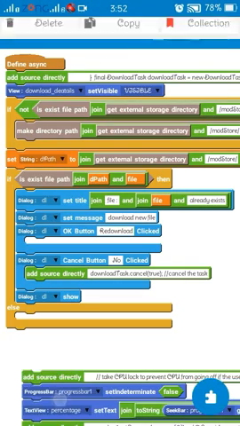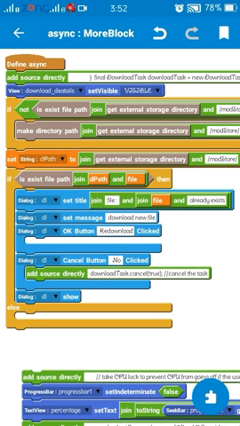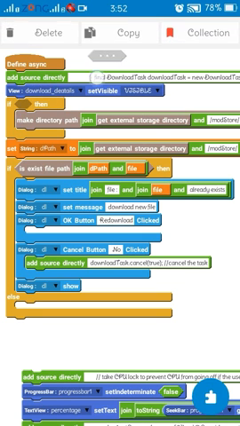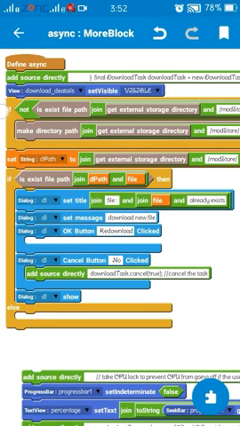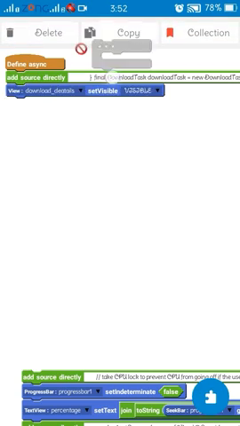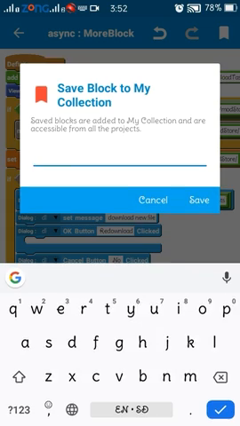I want to move that block from here to onCreate, because if we decide to keep it here, it will cause complications. So first edit it to collection and delete.